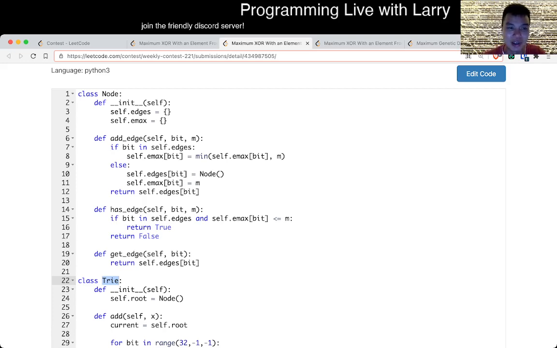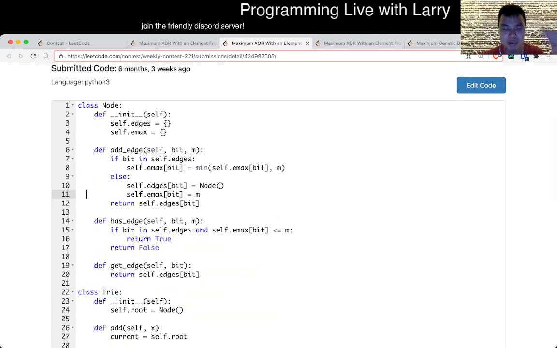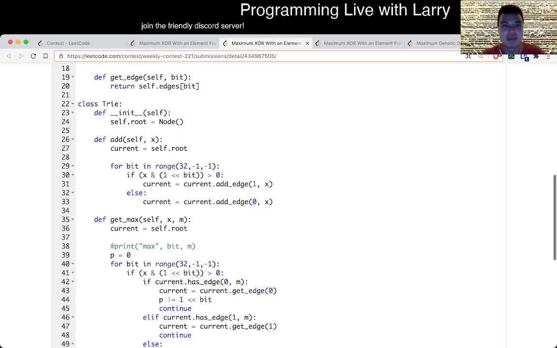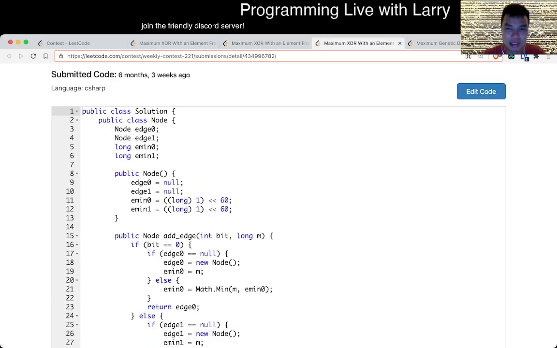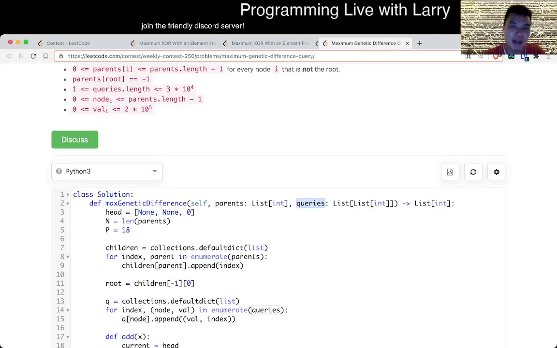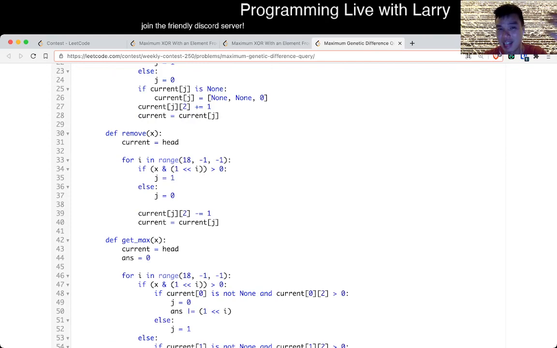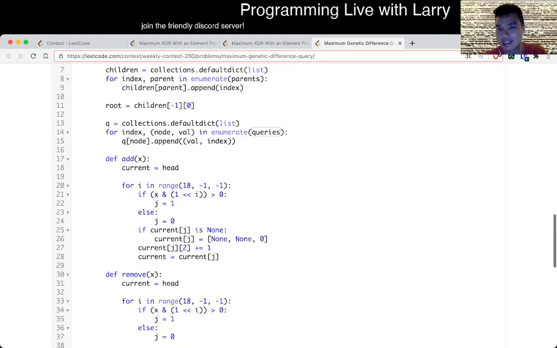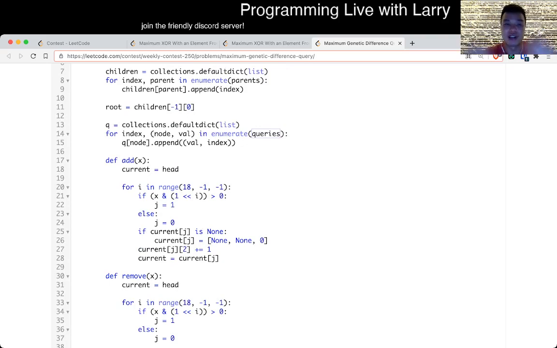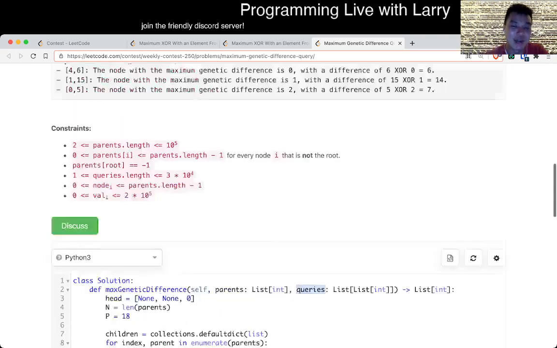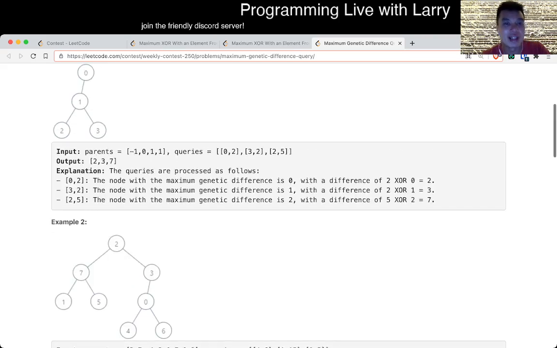You have some trie and node. Again, watch that video if you want me to show you the code, but I actually ended up solving it by converting to C#. The reason I'm bringing this up is that's why I rewrote the code here in a yucky way, and you get to watch me solve it live during the virtual contest next. That's why I wrote it like this instead of using a trie class and a node class. But anyway, that disclaimer aside,